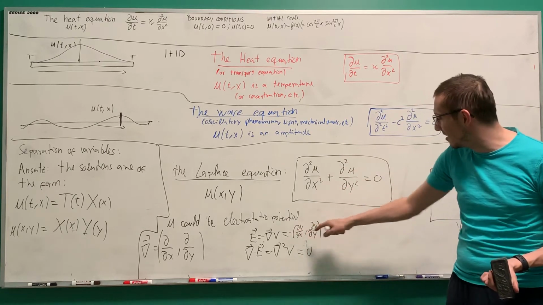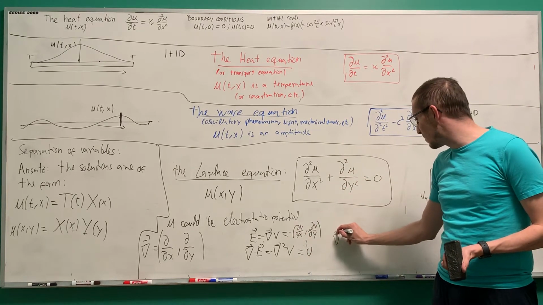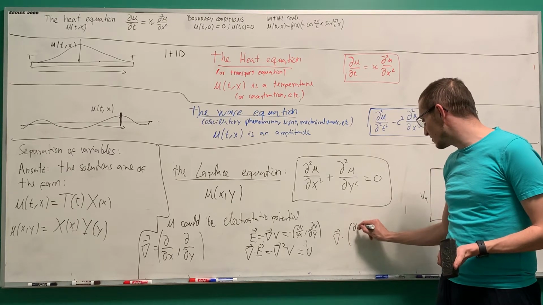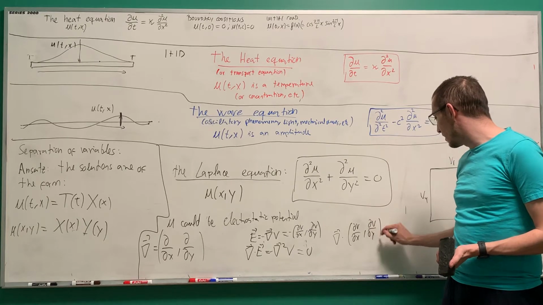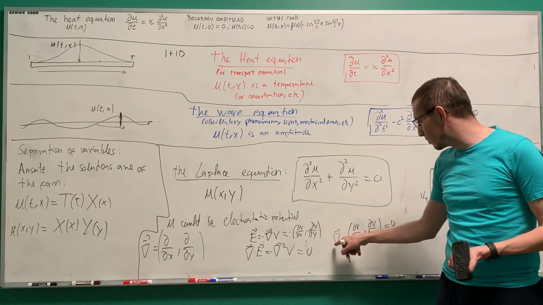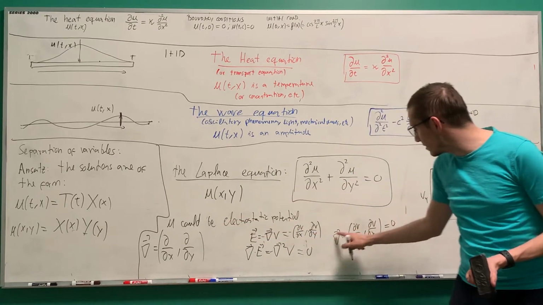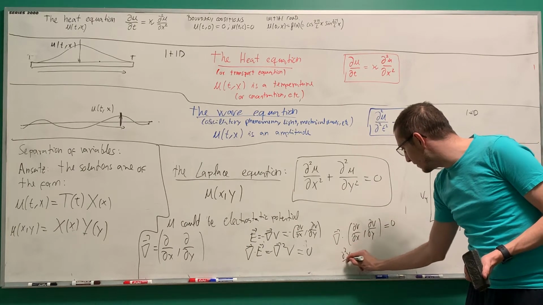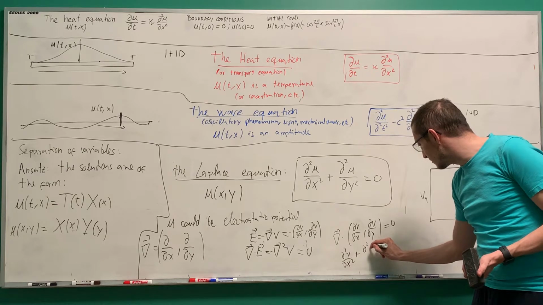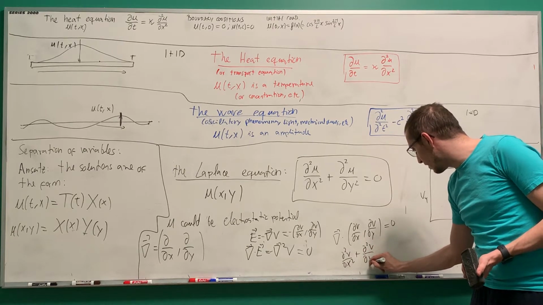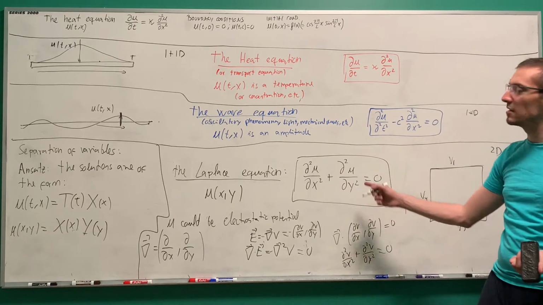Take nabla again here. So if I take nabla dotted with partial V partial x, partial V partial y, equal to 0, what I get is, well, this thing is partial x, partial y, so I get the second derivative of V with respect to x twice plus the second derivative of V with respect to y twice equals 0,